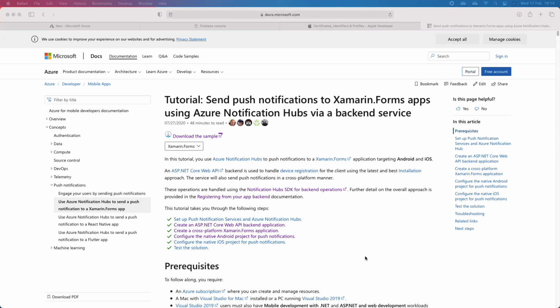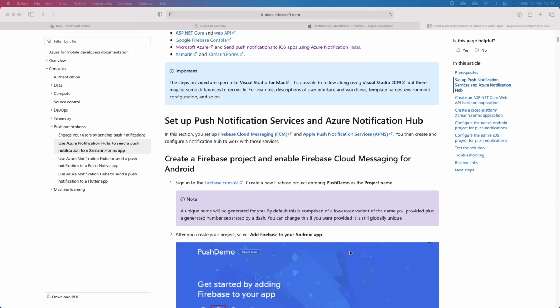Hello, in this video we'll be looking at creating a web API to send push notifications to Xamarin apps using Azure Notification Hubs. First of all, we need to set up with Firebase and Apple so that we can enable cloud messaging for Android and we can enable the Apple Push Notification service